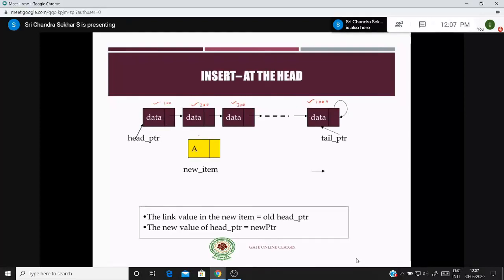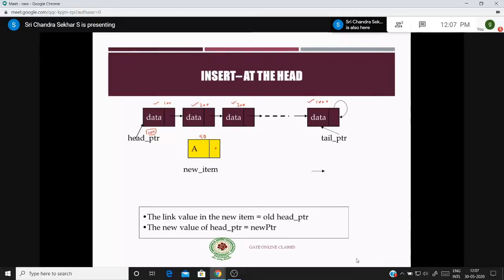And assume that you have created a new node, and this new node has a base address of 50. And this header pointer is also there, and it stores the starting node, right? My task here is to insert the element at the first part. First part means instead of 100, I have to make this A the first node. What I have to do? You should not remove the header part first, right? Whatever link is there here, this part, you should link to the first node, right?